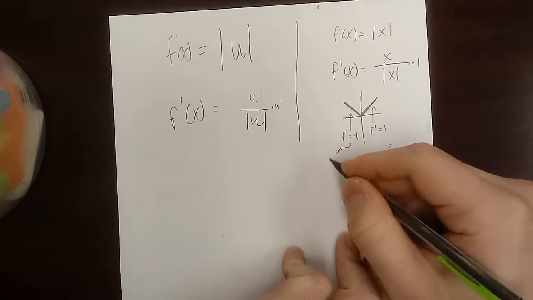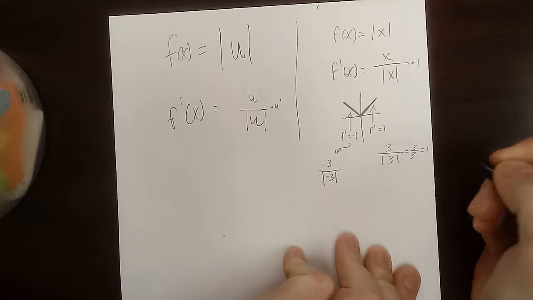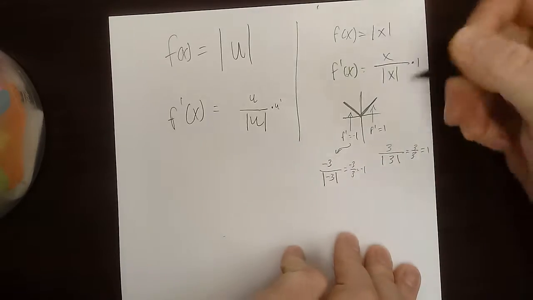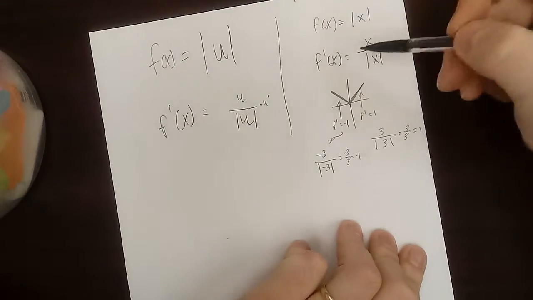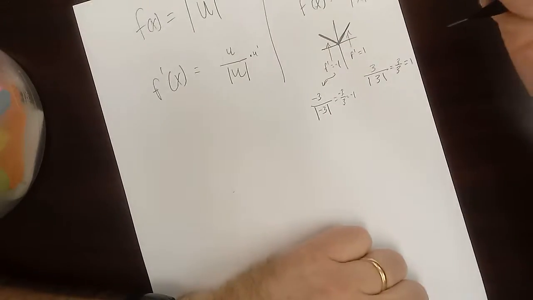And if we were to look at -3, that gets us -3 over 3, which is -1. So this little formula will always work. We don't have to deal with any piecewise stuff. And it even works for,